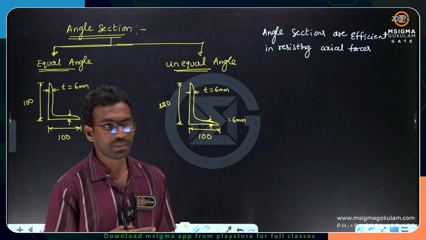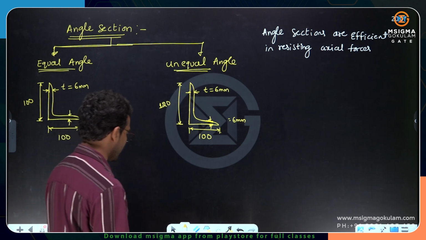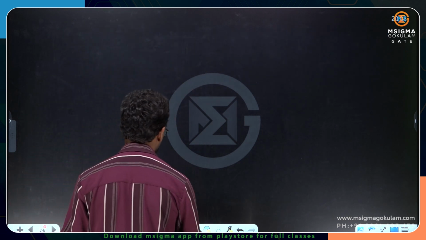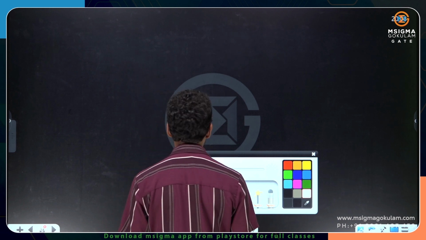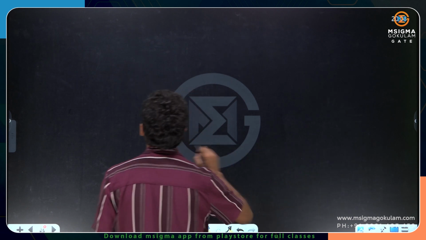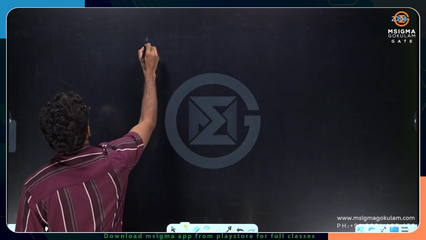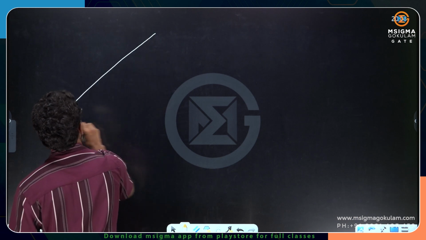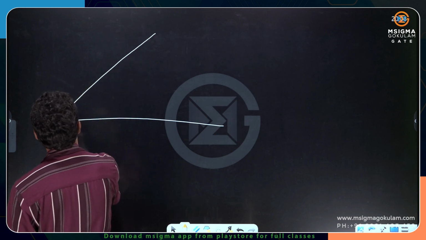What is a gusset plate? Let me explain what a gusset plate is. Okay, so I'll take another slide and explain. So dear students, let's say for example, I want to construct a big truss. So let's say this is the truss. I want to join,